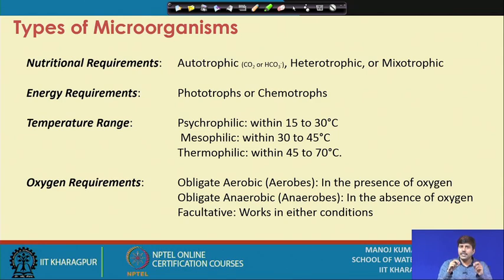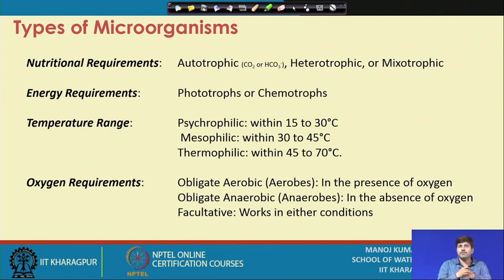Now, when we put obligate as a prefix, like obligate aerobic or obligate anaerobic, obligate aerobic means the one who can only work in the presence of oxygen. If you remove the oxygen, they cannot survive. Similarly, there are obligate anaerobes who can work or can sustain only in the absence of oxygen, as oxygen becomes sort of toxic to them. So, if you expose them to oxygen, they cannot survive. The obligate anaerobes need completely anoxic conditions, completely devoid of the presence of oxygen for them